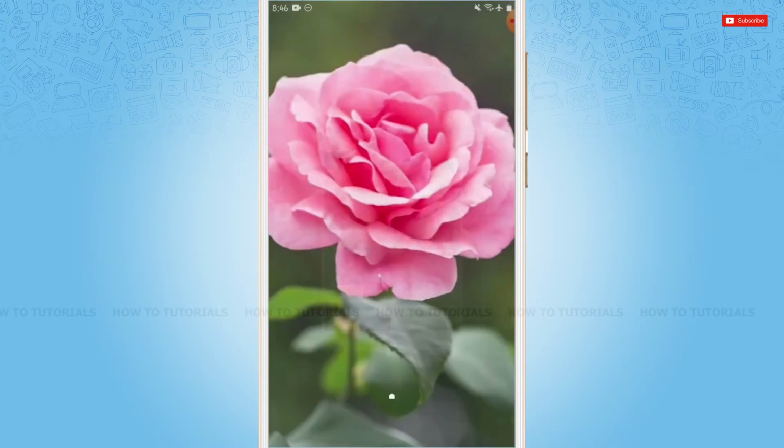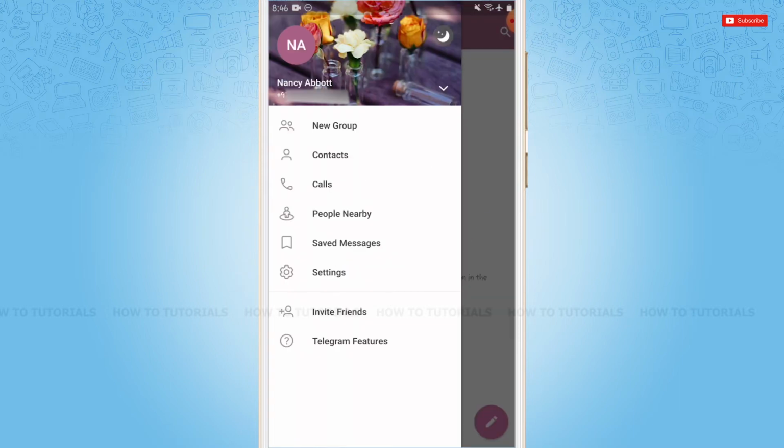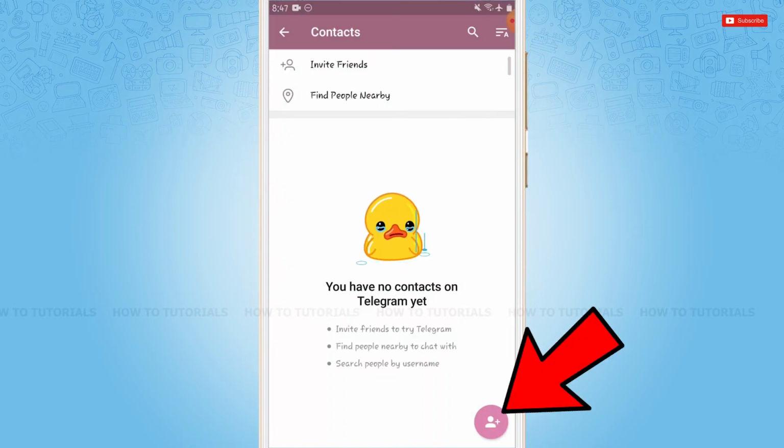First of all, you need to tap to open the Telegram application. At the homepage of Telegram, you need to tap on the three horizontal lines on the top left of the screen. There you can see the option of contacts. You tap on it. To add a friend, you need to tap on the Add Friend icon at the bottom of the